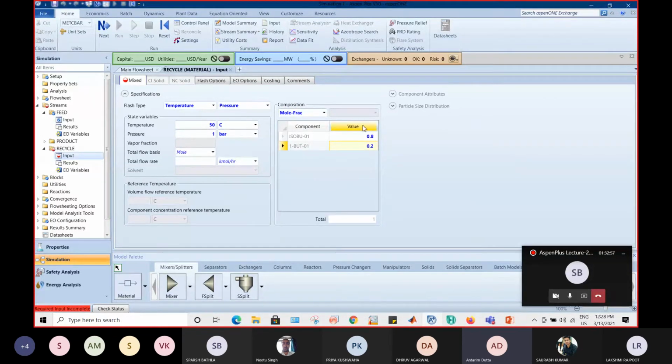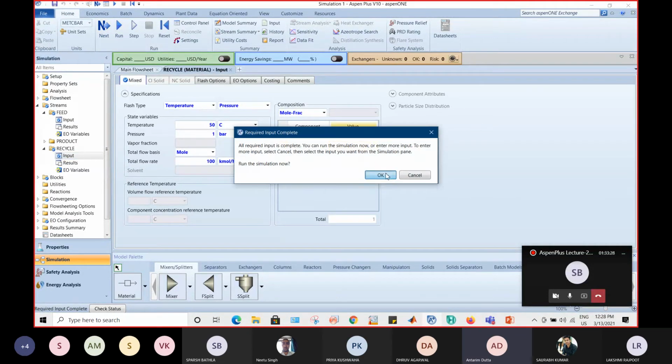Since I have defined my composition in the recycle stream, 80% isobutane and 20% butene, but I don't have any idea regarding my flow rate, I will just initialize it at 100, just for example. Once I put 100 there, it says the input is complete, and I will say next, and it will run.